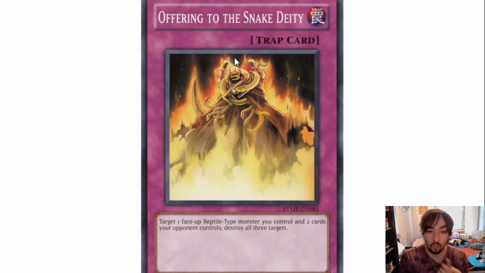They tribute one of their specific type, right? Machines, winged beasts, or dragons, to target 2 cards on the field and destroy them. This card is very similar, but not quite. This card lets you target a reptile monster you control and 2 cards your opponent controls and destroy all 3 targets. So instead of tributing the monster, you target it as cost and then destroy it as effect, which means,